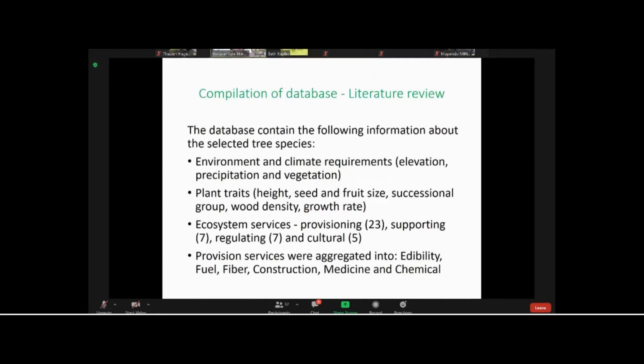And the database, which has been compiled, included the following information: environment and the climate requirement. For the environment, we have elevation, precipitation, and the vegetation type. About the plant traits, we consider height, seed and fruits, trees, successional group,